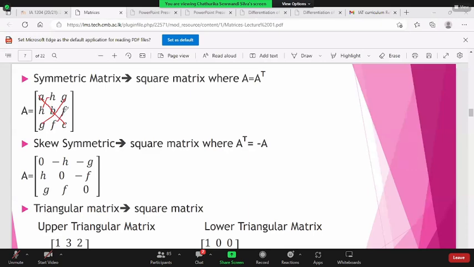If you are given a matrix in an exam paper or an assignment, there can be a question like, check whether this given matrix is symmetric or not. You can manually check this, right? You're going to manually make a check. But if you are asked to prove whether this particular matrix is symmetric or not, what you have to do is this.